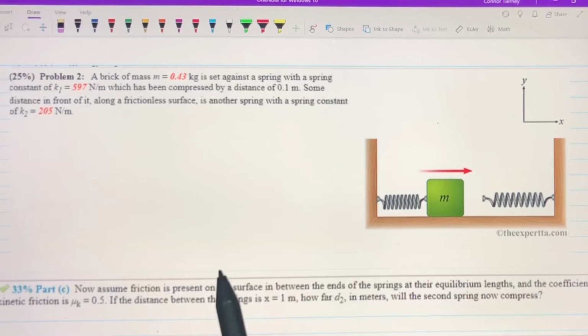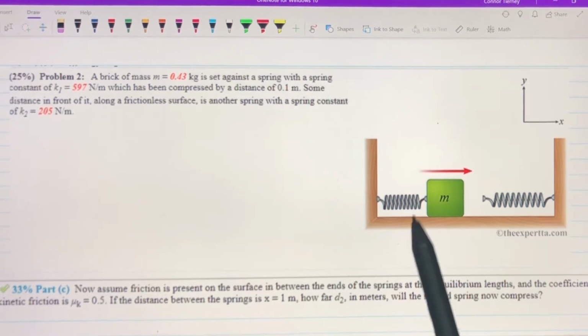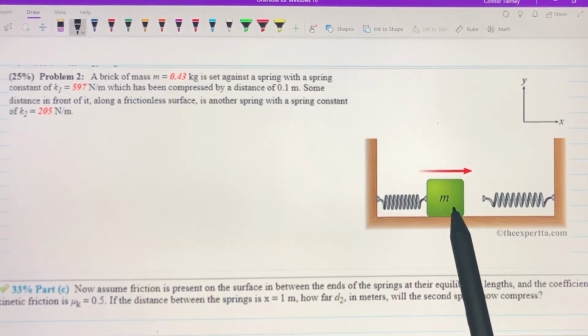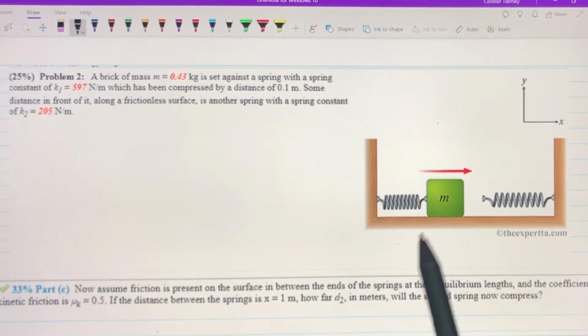This is problem 2C from the Conservation of Energy Expert TA homework. So it says a brick with a mass of 0.43 kilograms, which is right here, is set against a spring with a spring constant of 597 newton meters, so this spring right here, and has been compressed by a distance